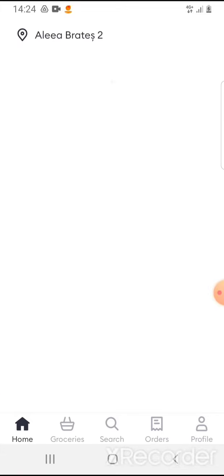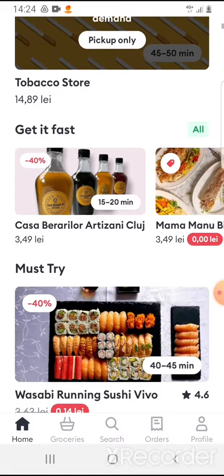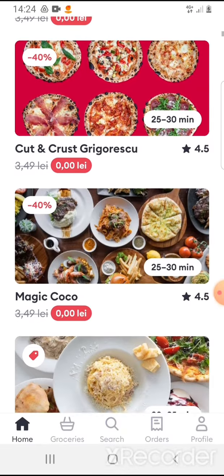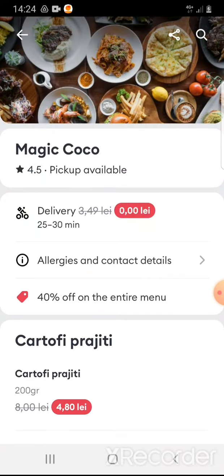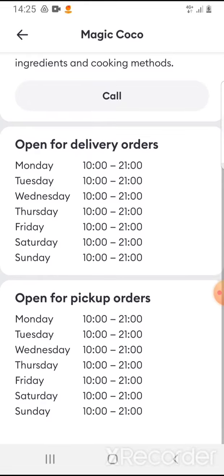Open the Bolt Food app and you have to select a restaurant. Let's say this Magic Coco. And here you can see allergies and contact details. If you tap on it, here you can see the open for delivery orders,